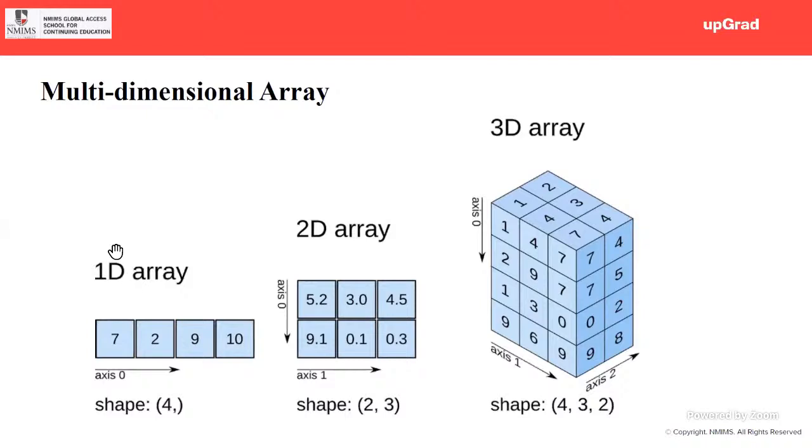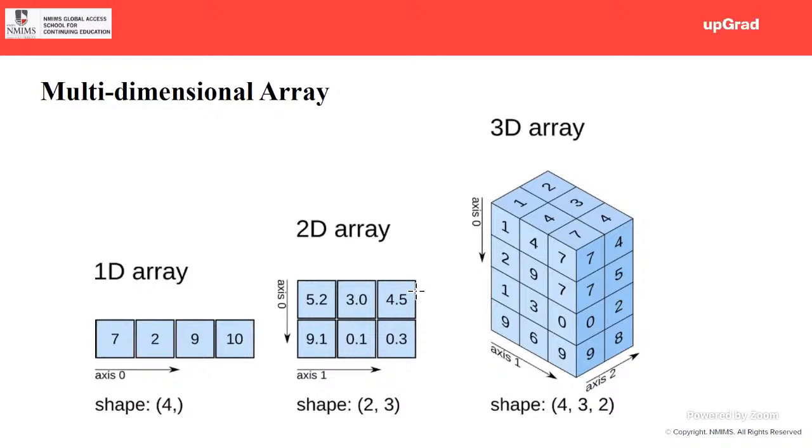Now, most of you must have done graphs in your school, right? In graphs, what do you have? Dimensions: x-axis, y-axis, and when we do 3 dimension, we have z-axis. Remember?